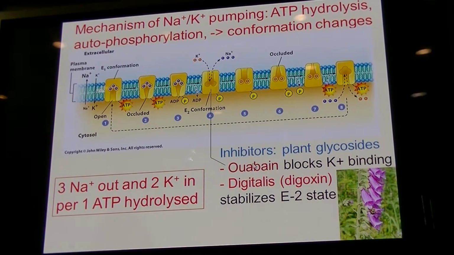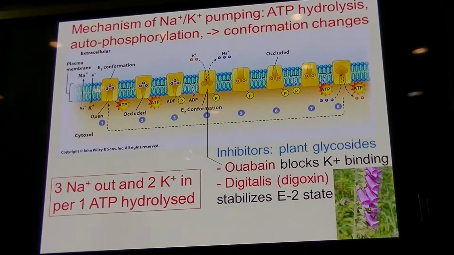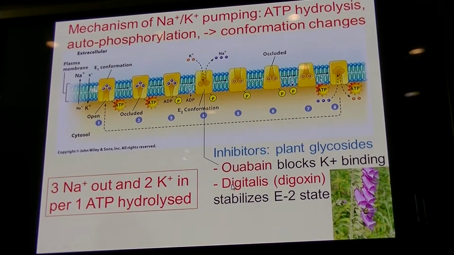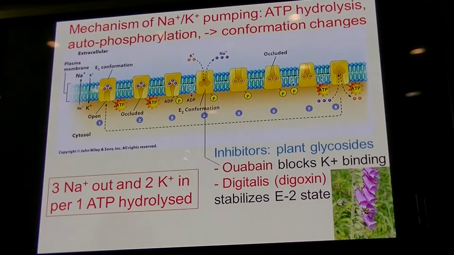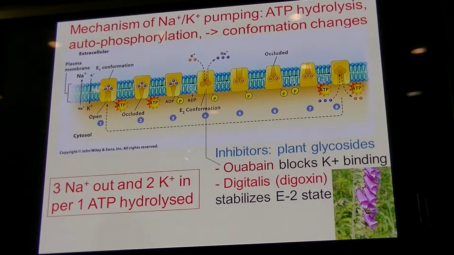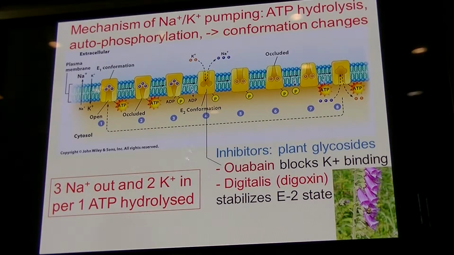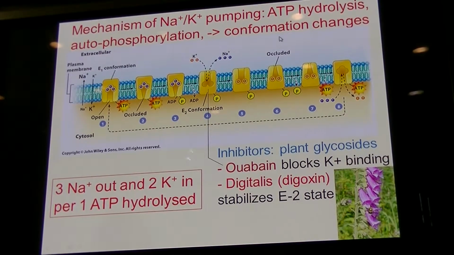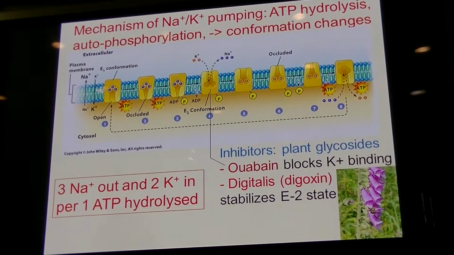Now these inhibitors actually have medical relevance. They are used, especially digitalis has been used for that purpose. I think Ouabain also. They're used to inhibit this pump as it sits in the heart. The heart, or cells, they need this sodium-potassium gradient. But if you give low concentrations, you actually inhibit this pump a little bit. And what happens then is that it becomes a little bit easier for those people to have their contractions